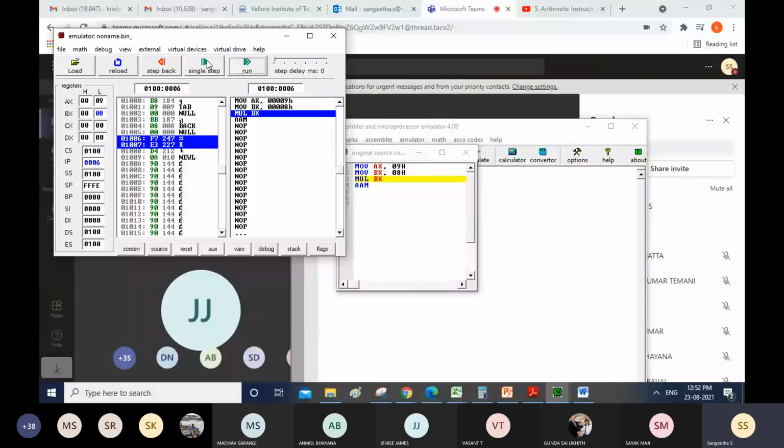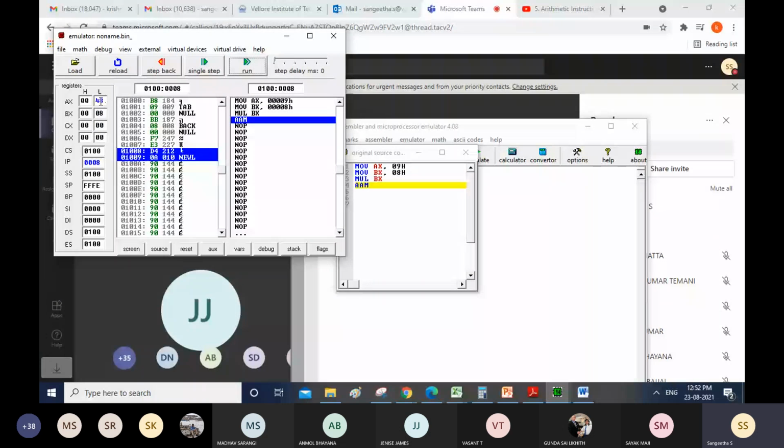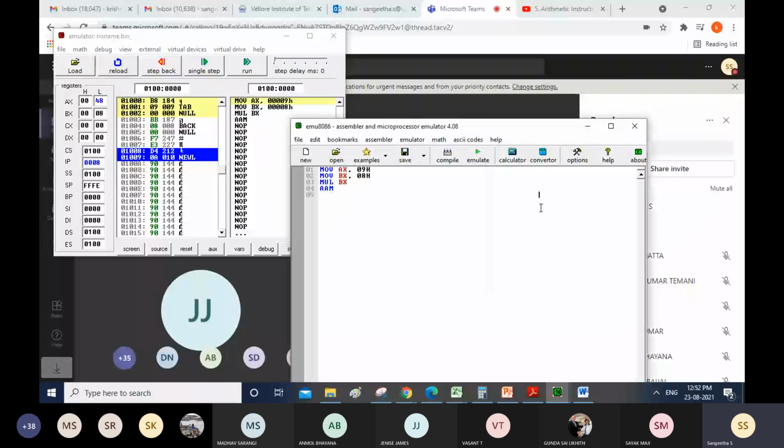So what is the result of the multiplication? The value you are getting is 48 in the lower part, AL alone. I'm not getting any value in AH. That's what this AAM instruction, and similarly the previous AAA instruction, does: it will correct only your lower byte. It will not care about a higher value. Say if I give here, for example, 19 or something like this.